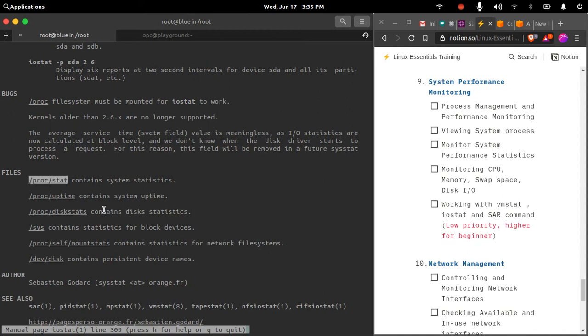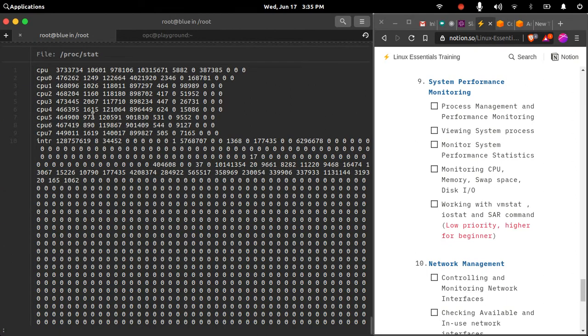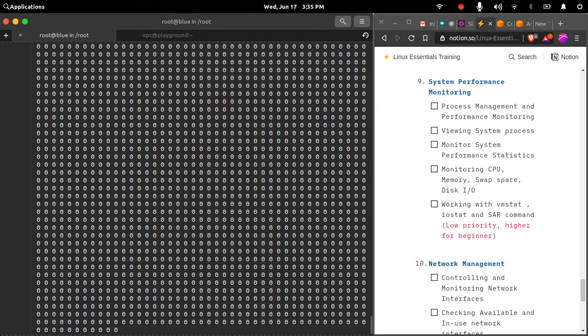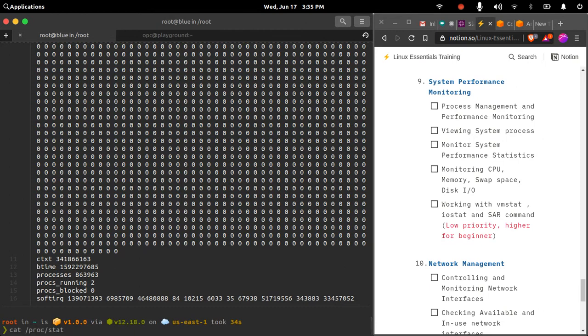So if we check these files, let us get out from this space. This is your system related statistics that is provided by the /proc/stat file. As I had told you before, the /proc file system is a pseudo file system where all the process and system performance related information is stored. In this file you would see the CPU usage, CPU by CPU. I have 8 CPUs in my laptop, basically. So this is the CPU performance of my system, and it is provided by this file, /proc/stat.